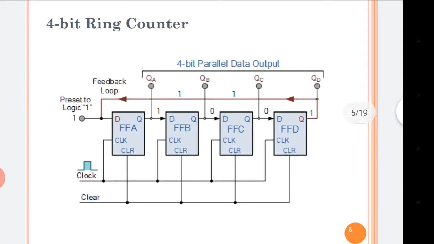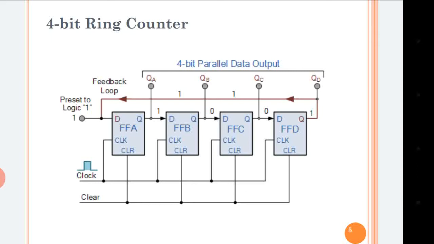Let us discuss the 4-bit ring counter. In our last video, we talked about the shift registers, and we can say a 4-bit ring counter and the twisted ring counter are applications of the shift registers. You can observe the diagram. There are 4 D flip-flops used. We know that one flip-flop is used to store 1 bit at a time. We have to design a 4-bit counter. That's why we have used 4 flip-flops.